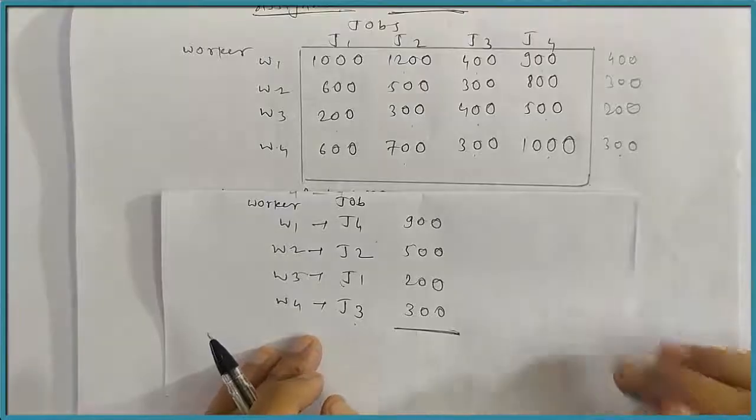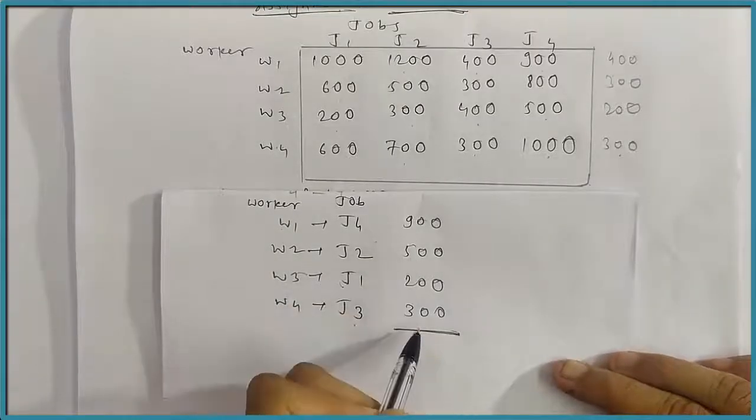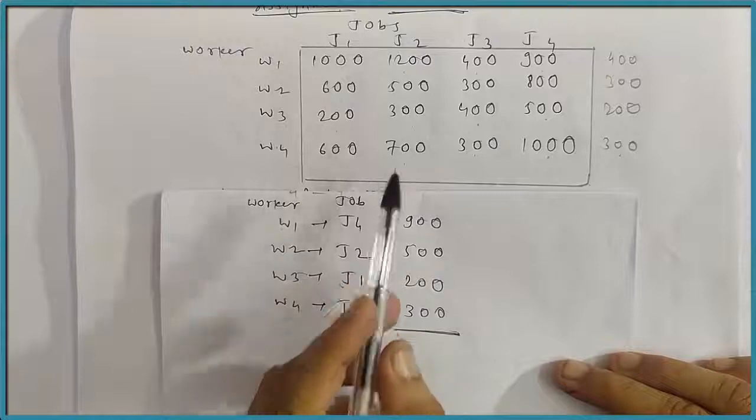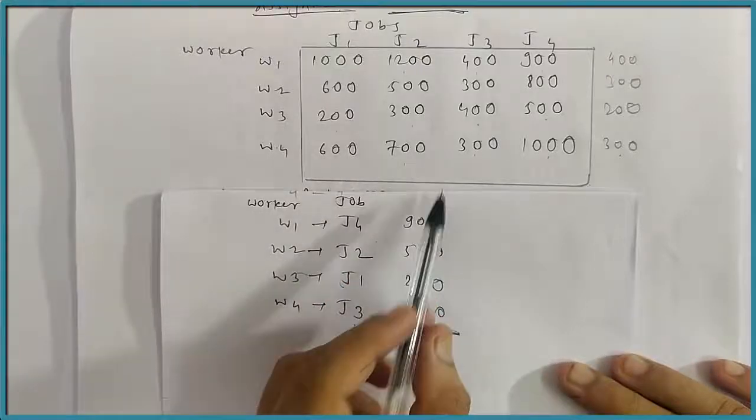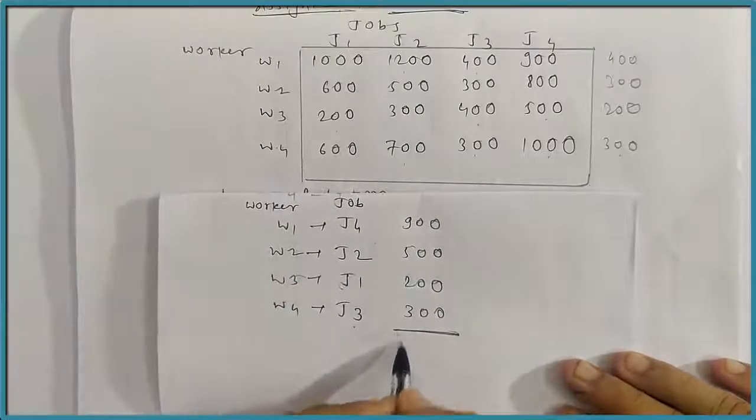Here I would like to tell you one very important thing. For the final calculation, we have to refer to our original question, the original problem, and from that we have to extract the values. The final answer is 900.